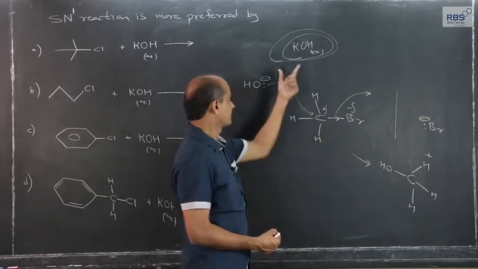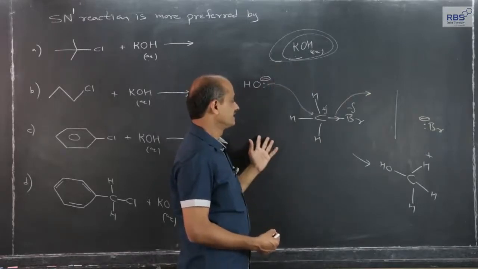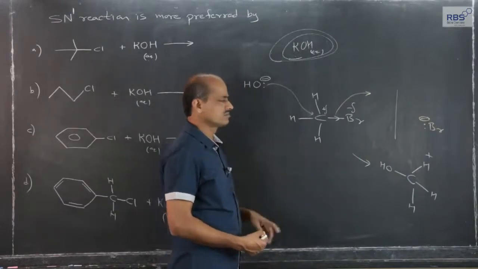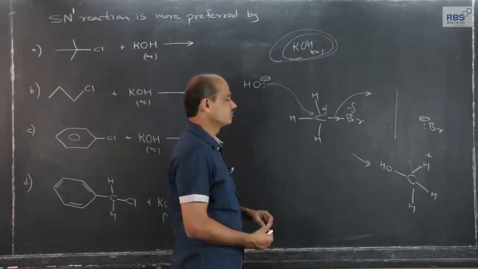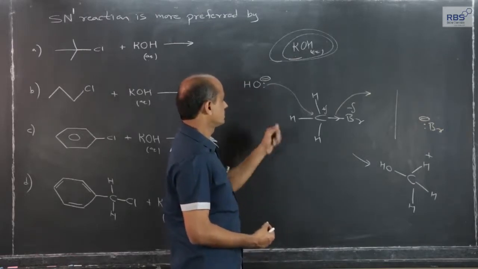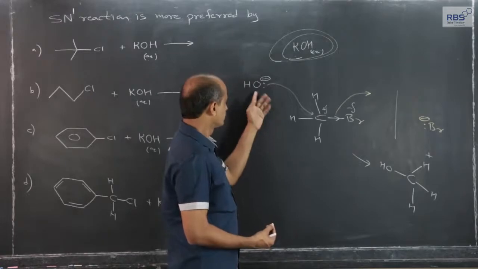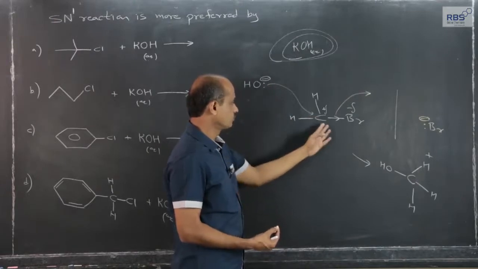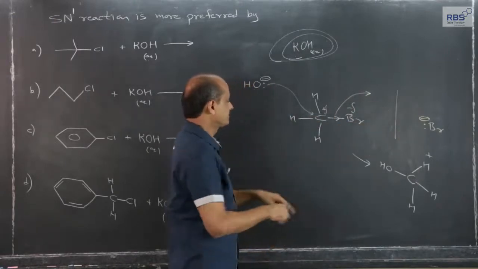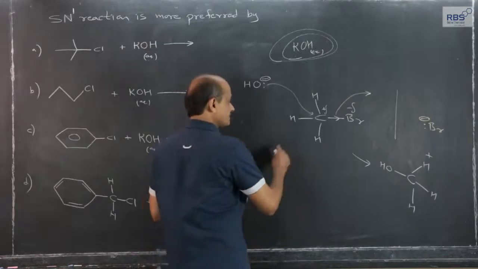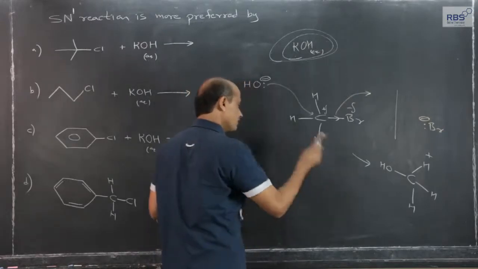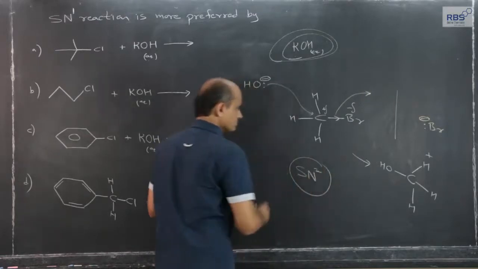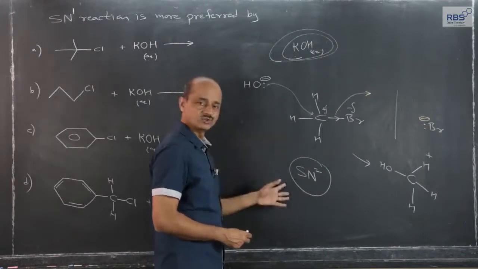Nucleophilic substitution, therefore SN, is labeled as SN1 reaction. One stands for kinetics actually, that is not part of our study at this juncture. I will not mix it here, but still, this is a simultaneous attack. OH minus attacks the carbon and bromine leaves in one step. This comes under what we call SN reaction, just now I had told you, but this comes under what we call SN2, not SN1, this is SN2.